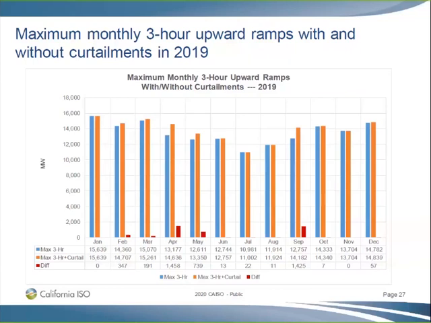So something I think we want to think about, when you hear some folks look at this and say, well, we can just curtail a lot of renewables. Well, we showed this plot here to emphasize that curtailing renewables is one thing, but curtailing it based on prices isn't really going to help you much. And then we still need to figure out what we're going to do during that 3-hour ramp to minimize it. So again, the whole intent of the ISO, which has 8 initiatives on the website, is what we're trying to do to raise the belly of the duck.